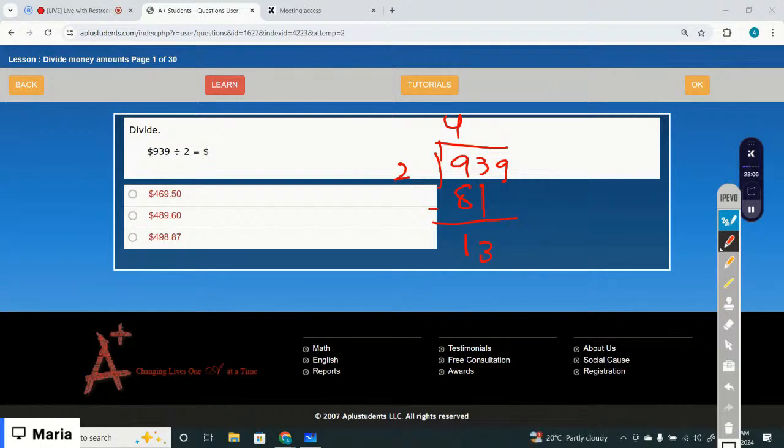You need to count the table of 2 until 12, until 13, or the number that is less than 13. 2 times 6 is 12. 3 take away 2 is 1. Bring the next digit down. That is 19, then 2 times 9 is 18. Put the decimal point over here and 0 over here. 2 times 5 is 10 and 0 it is. So which is the correct option? That is 469.50. So option number